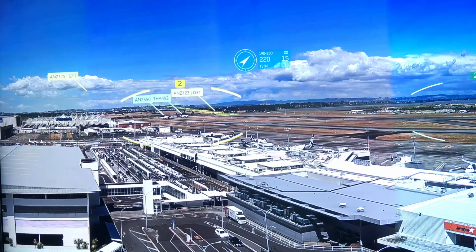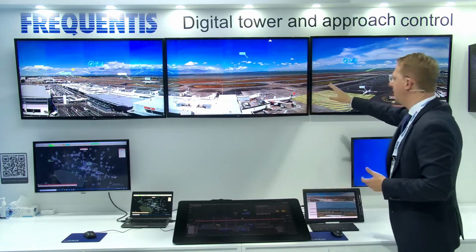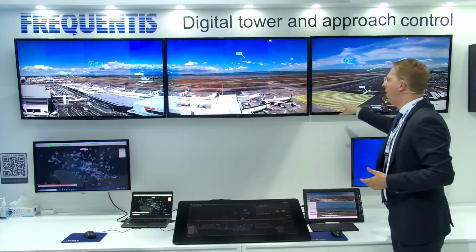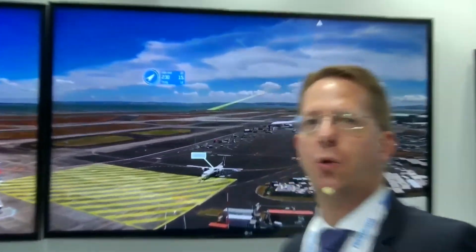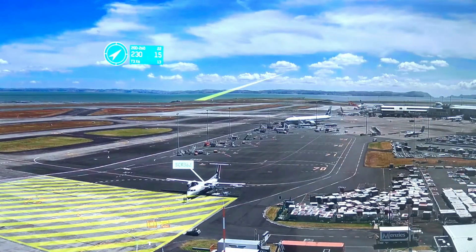All those features should support the air traffic controller in their daily work and reduce the workload. What you also see here are some static overlays, like here on the right side, this marked area. Here you are also in the position to mark different areas, obstacles, whatsoever.